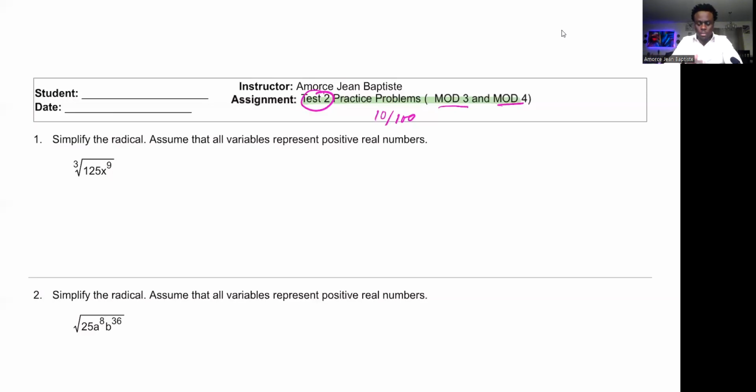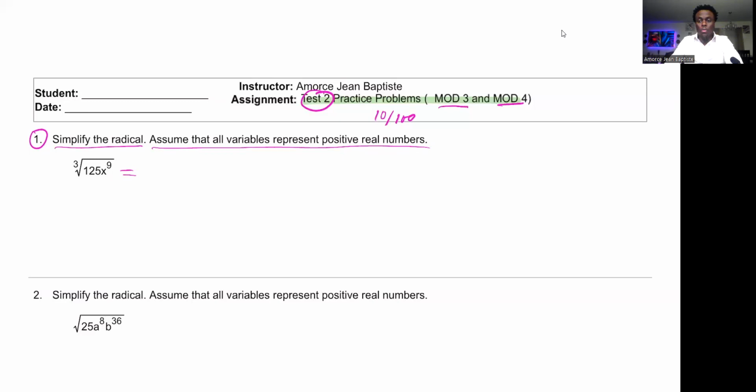Let's get started. Number 1, simplify the radical. And since we have variables, all the variables for all the problems in this test practice problems will be considered as positive. Okay, so let's see. This problem here, we're gonna start it with,